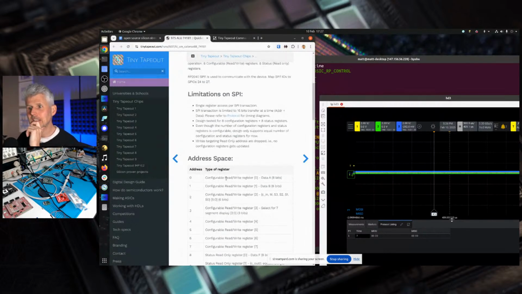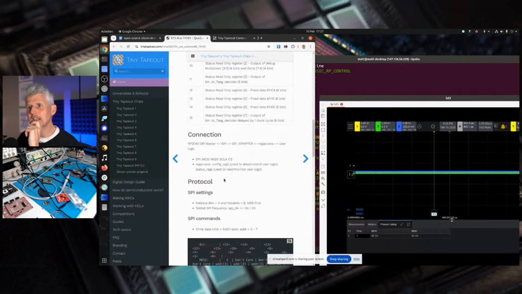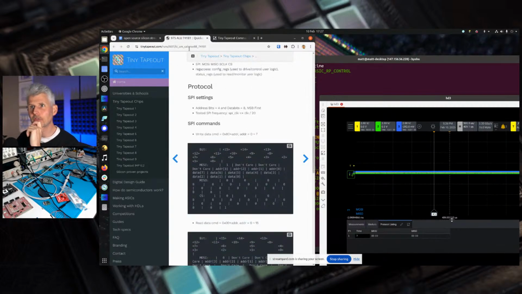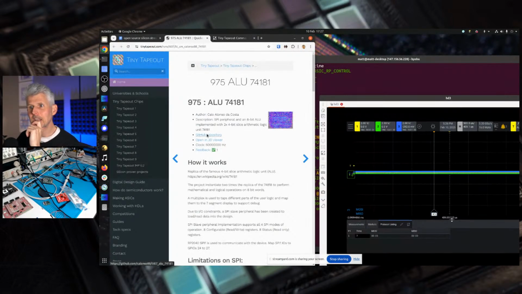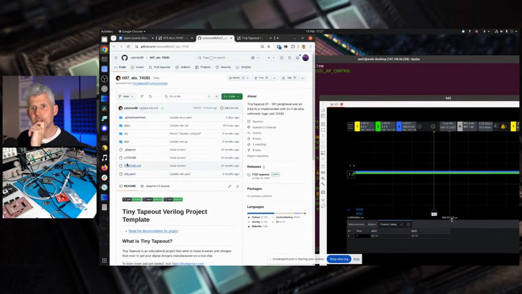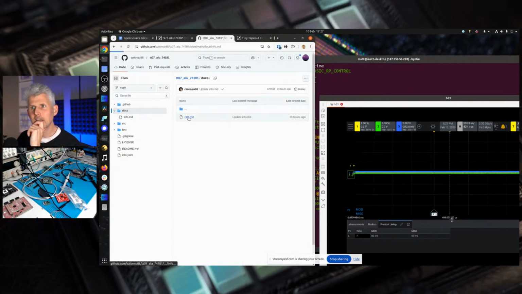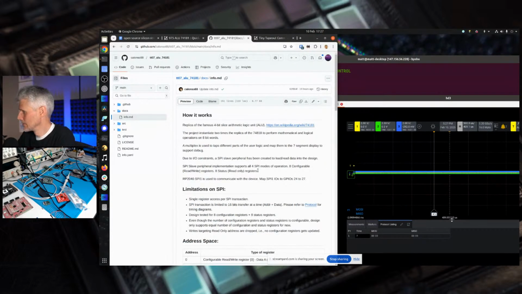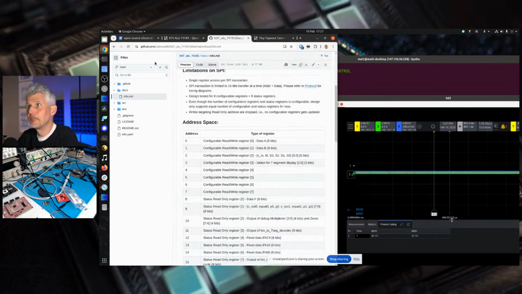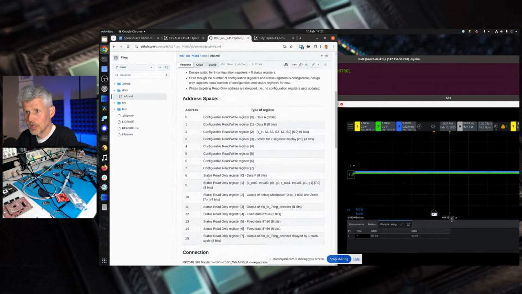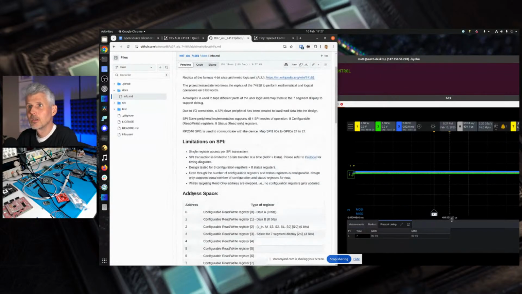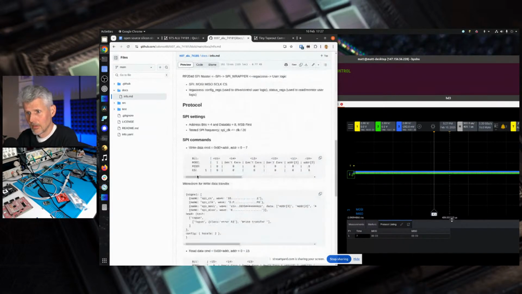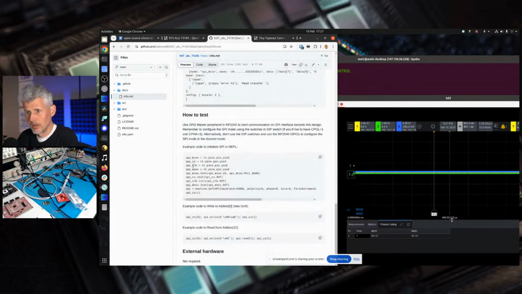So very nicely, Chow has given some. Hold on. This is out of date, so it hasn't been merged into the repo yet, and the most up-to-date stuff is here in his GitHub. So this is the address space. These are the registers. And we've got some code here to initialize the SPI, which is really, really handy. Look, I can just copy that